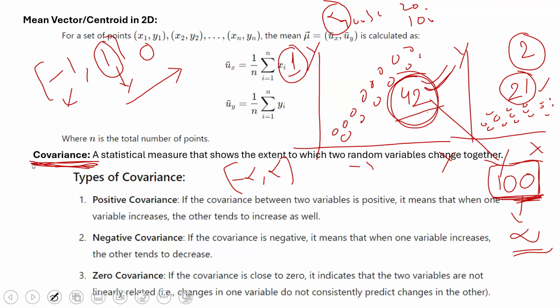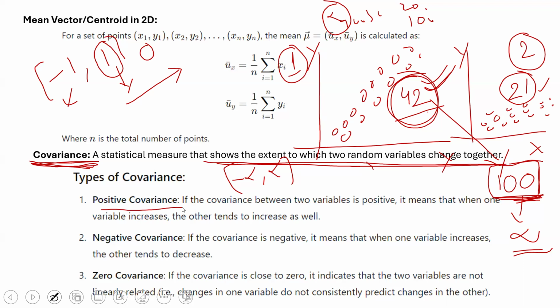So I'm just repeating, variance is measured in a particular dimension, whether it is on the x-axis or y-axis. Covariance actually measures the dependency of one random variable on the other random variable. That is what covariance will do. It shows the extent to which two random variables change together. There are three different types of covariance. We say positive covariance